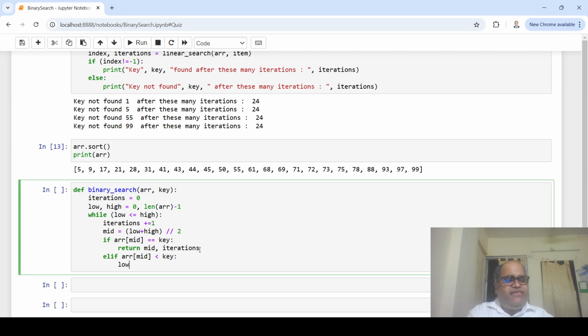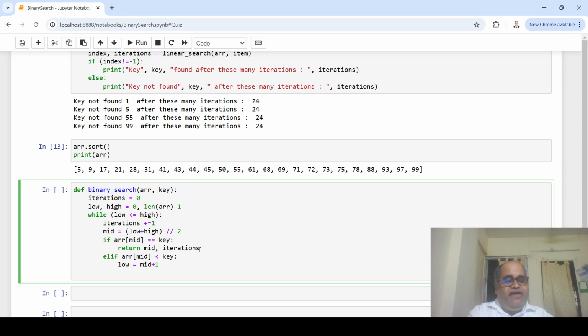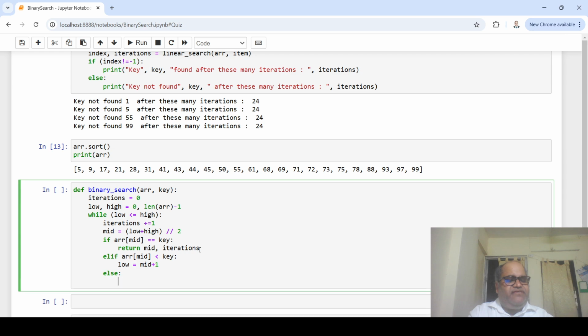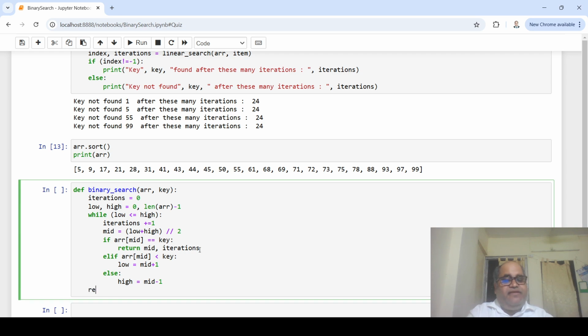Your low is going to be mid plus 1, right? And you can actually even have it, right? Or yeah, it should actually work. If else, else we are going to say your high to be mid minus 1, right? And if you reach the end, you return minus 1, and then you return